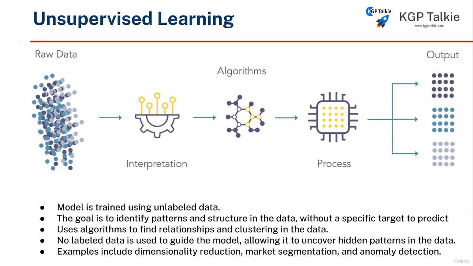Alright, let's go ahead and get started with unsupervised learning. In the previous lesson we had seen supervised learning, in which we had the target label. But in unsupervised learning we do not have the target label. So we have just the input, and the algorithm tries to find the patterns. This algorithm does the interpretation, and then finally it does the clustering of